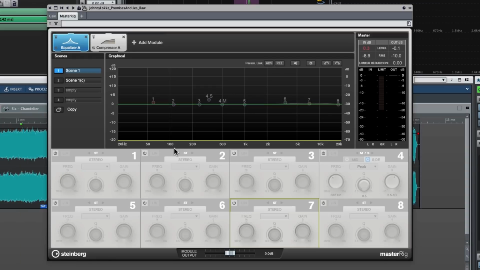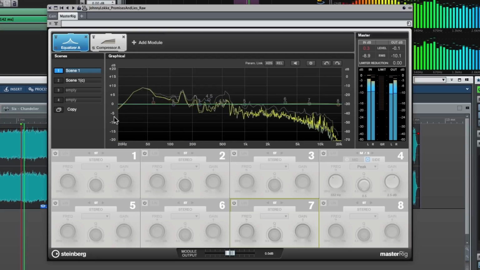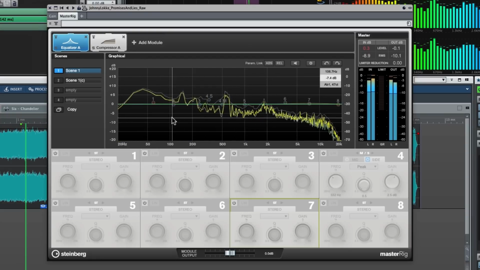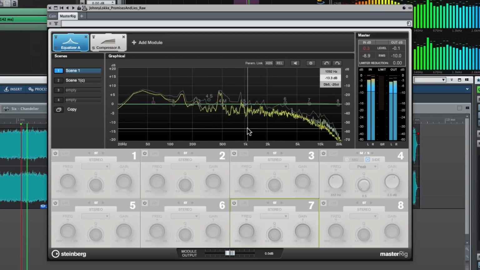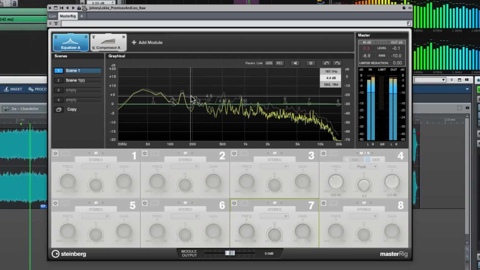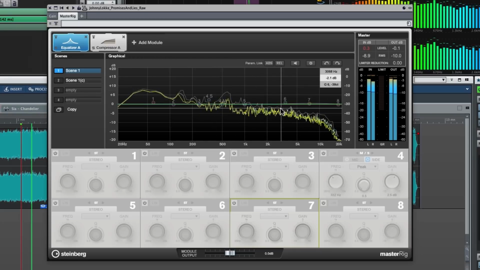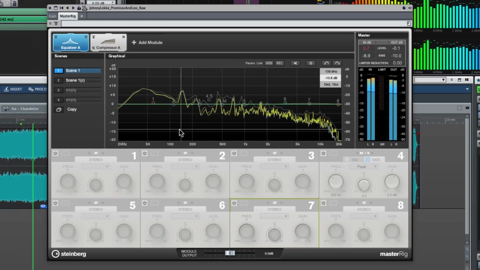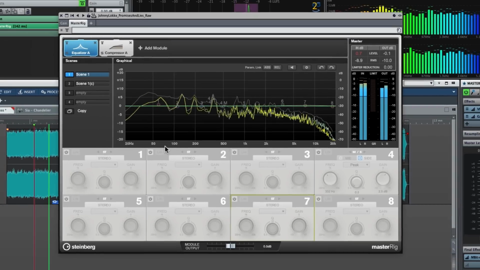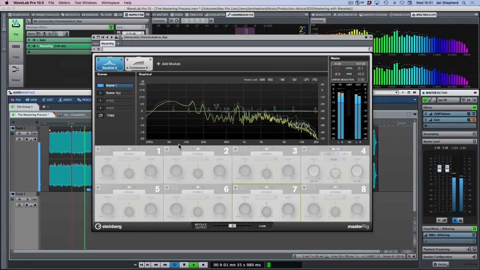But almost any EQ can be used to achieve the same overall result, particularly where the goal is to be clean and transparent. So I'll be using Master Rig in this case, but you can use whatever EQ you have available. One nice thing is that Master Rig has this quite detailed display showing me what's happening with the EQ balance. I particularly like the more slow-moving grey curve here that shows the general shape. It's easy to get distracted by the details in some of these displays. And again, I don't recommend choosing an EQ based on what a display like this shows you, but it can